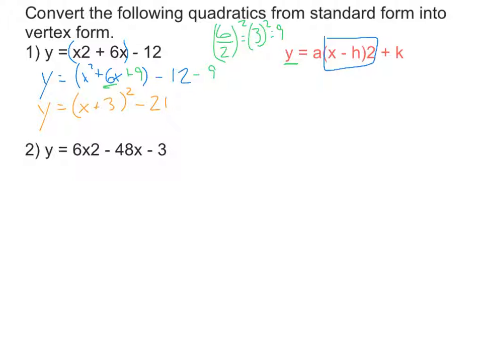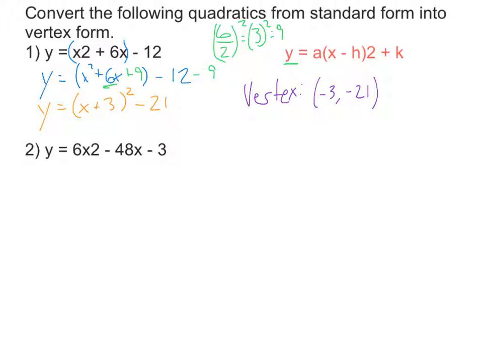And I can go even further on this, and I should be able to tell you that the vertex for this is negative 3 comma negative 21. Okay, notice that inside the parentheses you use the opposite sign, and then outside the parentheses you use the same sign. Okay, so let's try this now